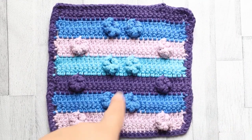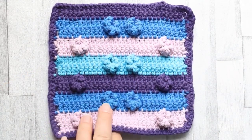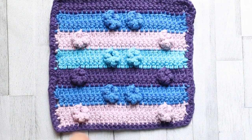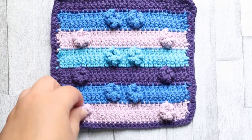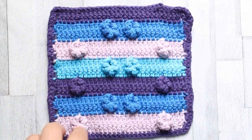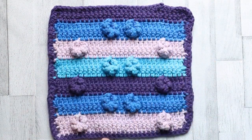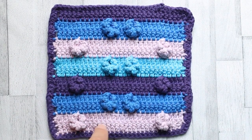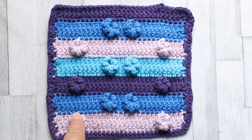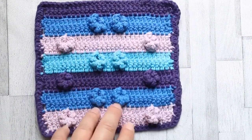If I just go back to the original square, position my limpets. But now you can position them any way you like. So just make these lovely. I do like the way these work out. Okay, so I've got 13 rows in total, and I've ended on a row of double crochet. Okay. So the repeat is rows 2 and 5. Okay, 1, 2, 3, 4, 5. Okay, so it's these